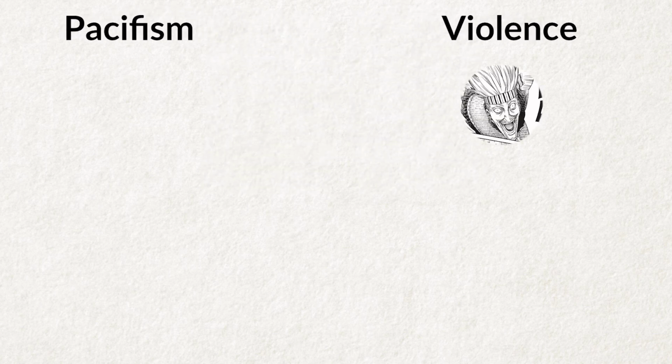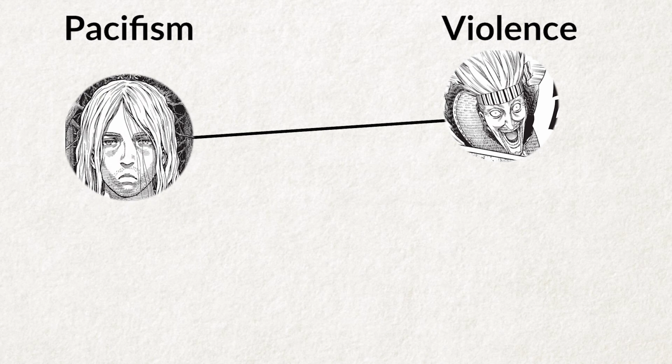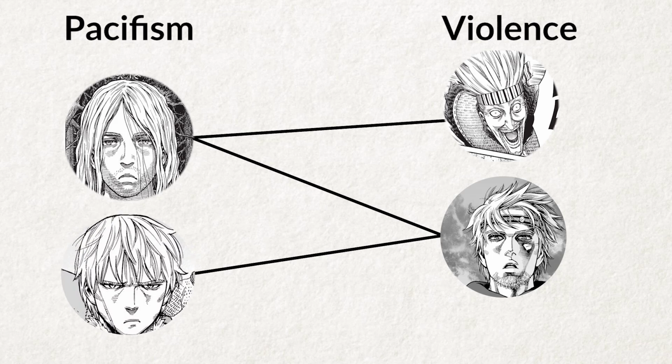The two themes force each other to evolve and mature in order to stack up to one another. The vile, cruel, but relatively basic violence of the world pushes Thorfinn to develop his ideals of pacifism. In response, the story begins showing off violence in a more nuanced lens, showing that Thorfinn's approach is flawed. Thus, Thorfinn is forced to reevaluate his stance and try to find a more practical and realistic solution. And while this dialogue is still very much in progress, as Vinland Saga is allegedly only halfway done, it's already an approach I massively value.